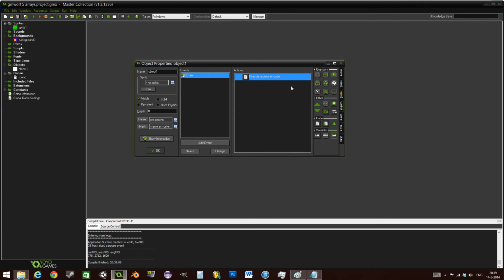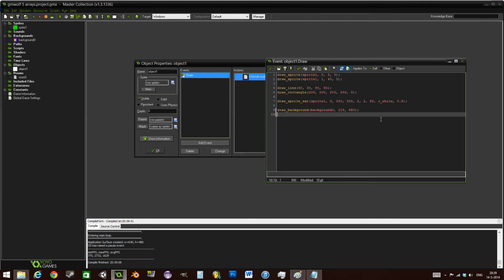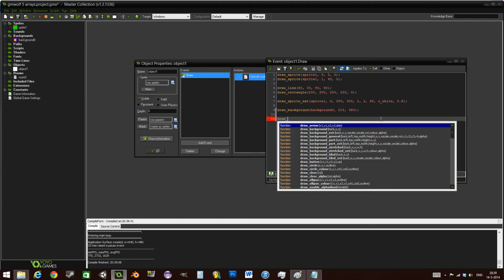There are quite a lot more. Just typing draw_, press Control Space, you'll see all of these different options. So you can draw arrows, you can draw all these different types of backgrounds, you can even draw a button, which I wasn't aware of. You can draw a circle, you can draw a huge amount of different things. And you even have round rectangles, which are rectangles with the corners rounded off, and they all take very similar